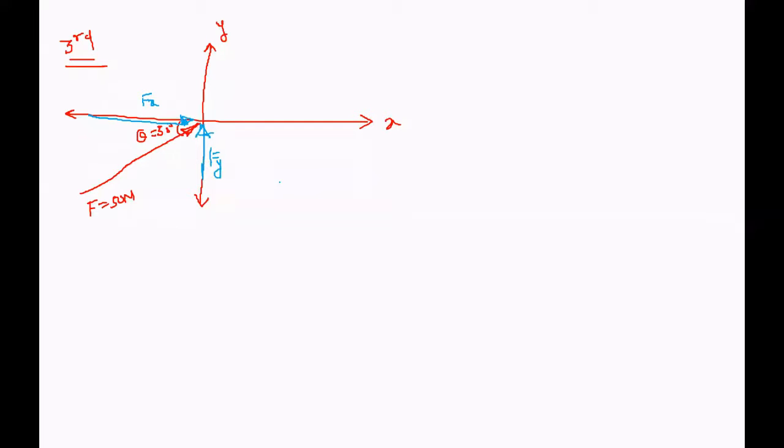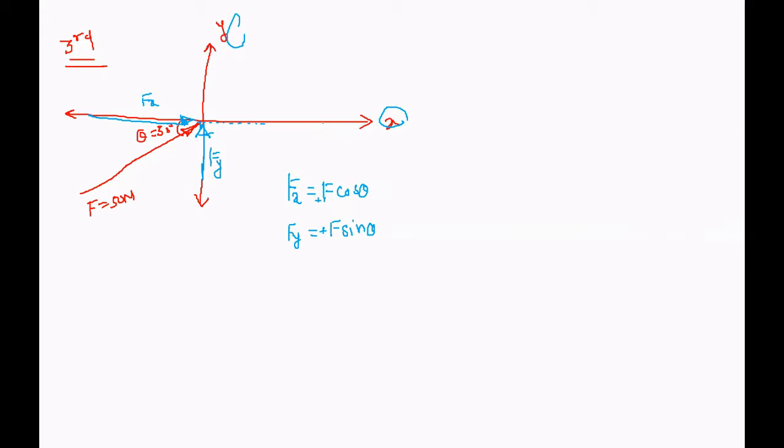Okay. So we can write Fx is equal to F cos theta. As the x component, it's the adjacent component, and your Fy will become F sin theta. This is the opposite component. Okay. Now we have to consider the direction. So observe the direction of the x component. If you extend the line, the Fx will be directed towards the positive x direction. And if you extend the y component, then it is directed towards the positive y direction. So Fx is positive and your Fy is positive.